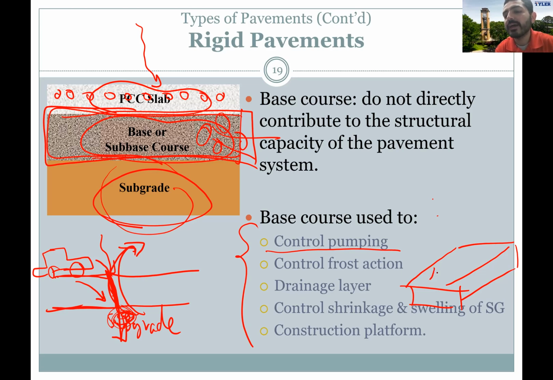Again, I have to have a little base here to put the reinforcement on top. That base is a steel base, so I can raise the rebars to be at the mid depth of the PCC layer. If that base is sitting on the subgrade, it's going to be very easy when we pump the concrete for those bases to move,